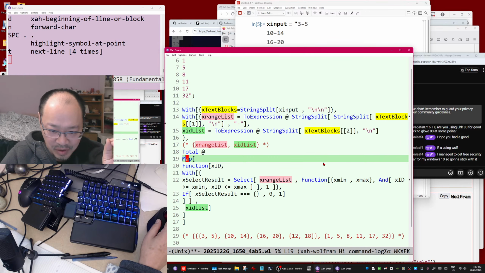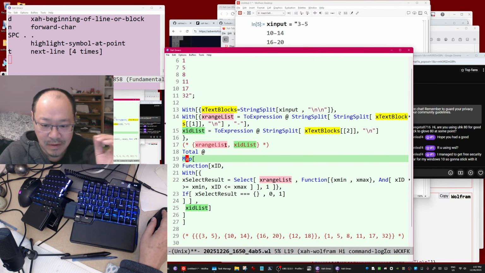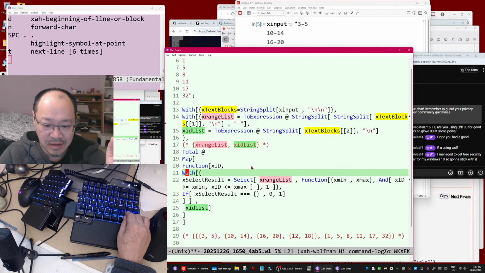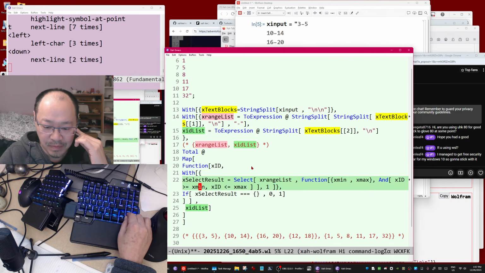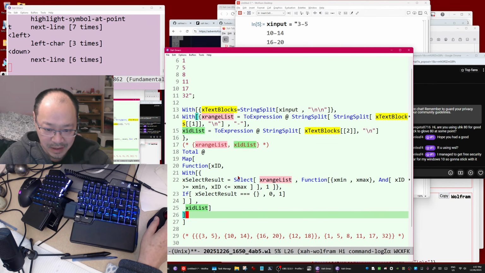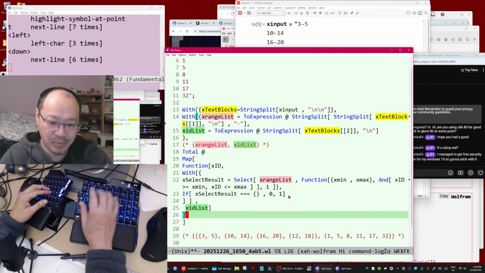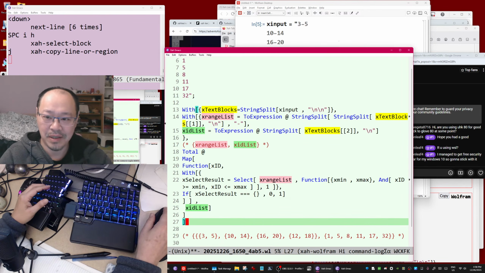Okay, that's the important part. So you just select, then if select is empty, return 0, else 1. Yeah, I'm pretty sure. Okay, copy it,